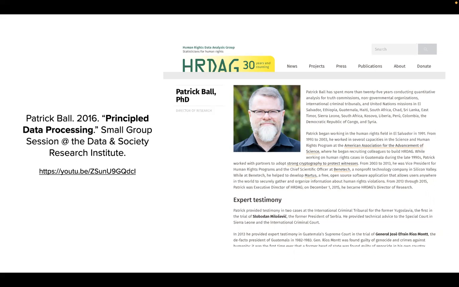So we have to come to some set of agreement, which is not just an agreement about the specific tools we use, but rather how we go about organizing and executing a project in general. And the framework that we settled on is one called principled data processing, which was first introduced by Patrick Ball, who's the chief scientist of the Human Rights Data Analysis Group. He's a statistician and a sociologist. And as you could imagine, HRDAG does a lot of enormously important work